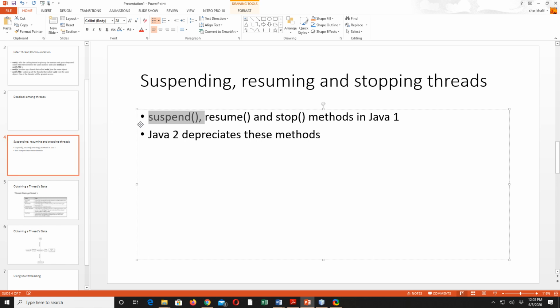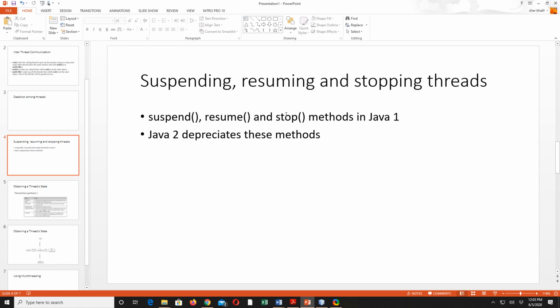So that is the reason why Java said it may not be a very wise idea to suspend a thread, running the risk of wasting a lot of resources, because when you suspend a thread, it won't be releasing the lock it might have obtained on any resource. So that is the reason why Java started to encourage users not to use the suspend and resume methods. They were deprecated.